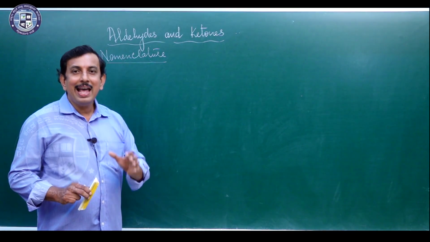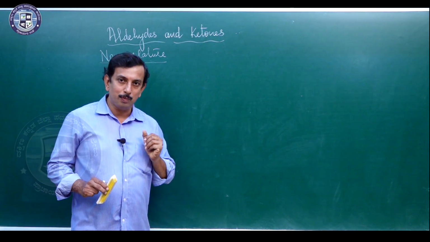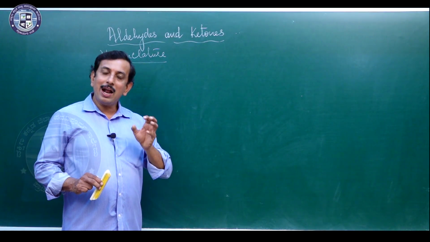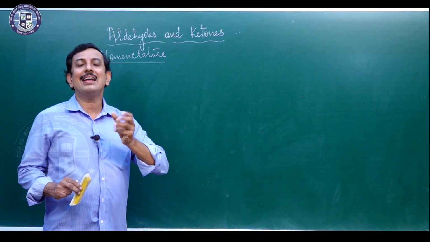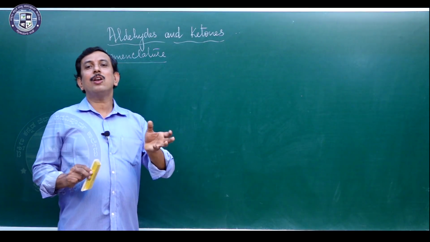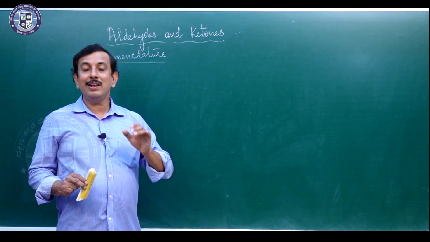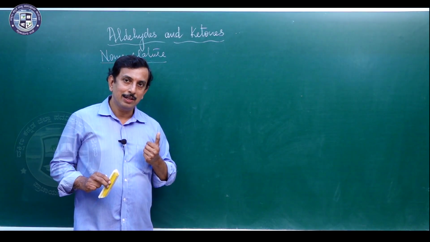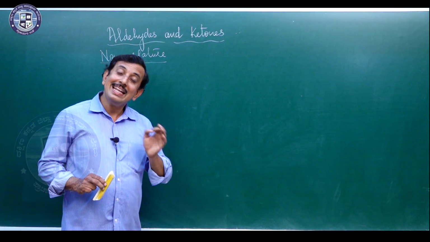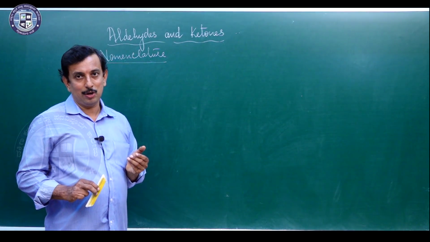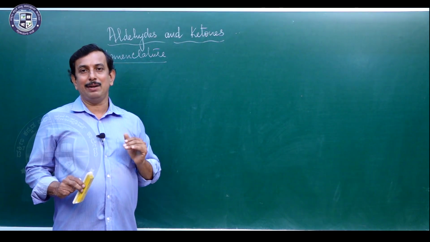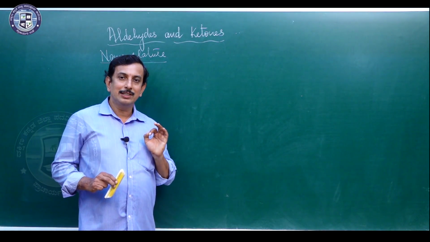As you know, students, aliphatic aldehydes contain an open chain group. When I represent the general formula as RCHO, where R group I take as an alkyl group, then it becomes an aliphatic aldehyde. If I take R group as an aryl group, then it becomes an aromatic aldehyde. So if I want to name an aliphatic saturated aldehyde, aliphatic means open chain, saturated, with a single bond between the carbon atoms.